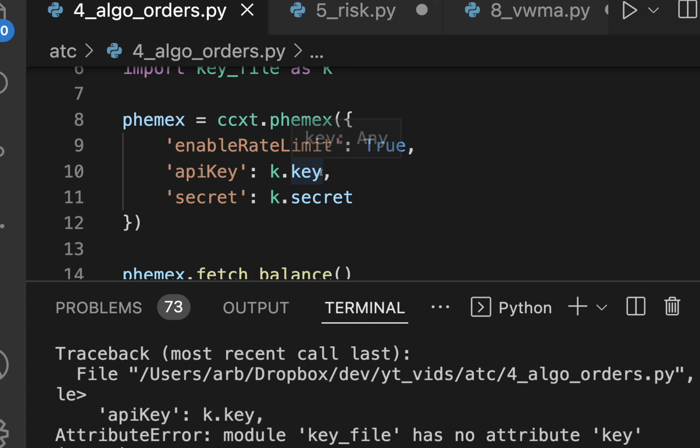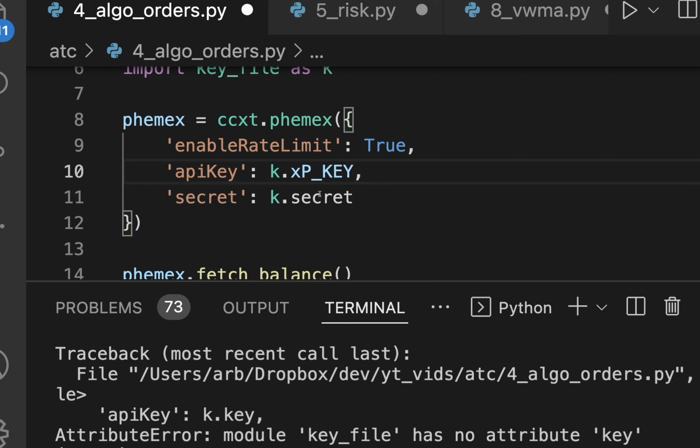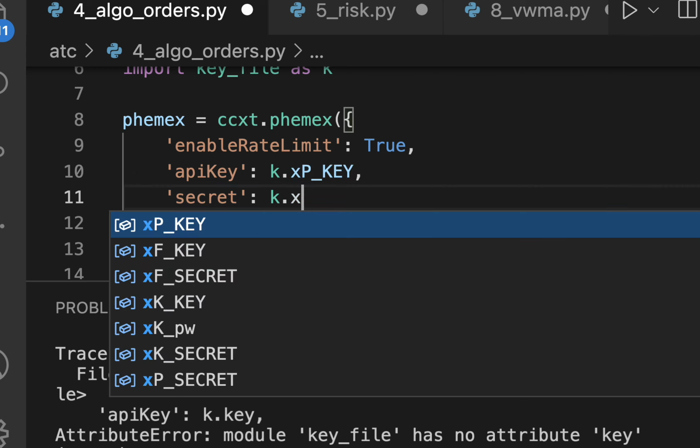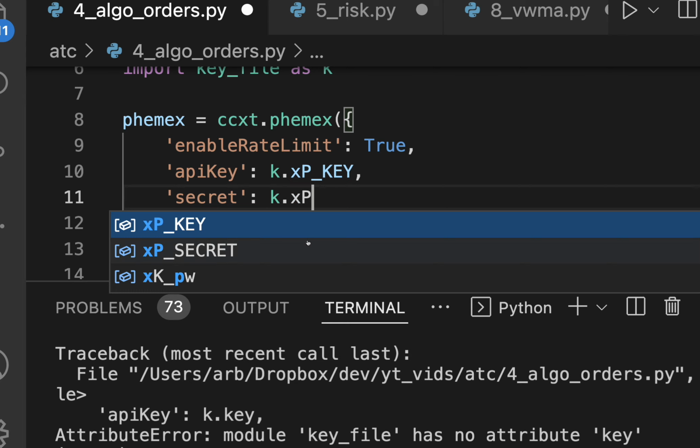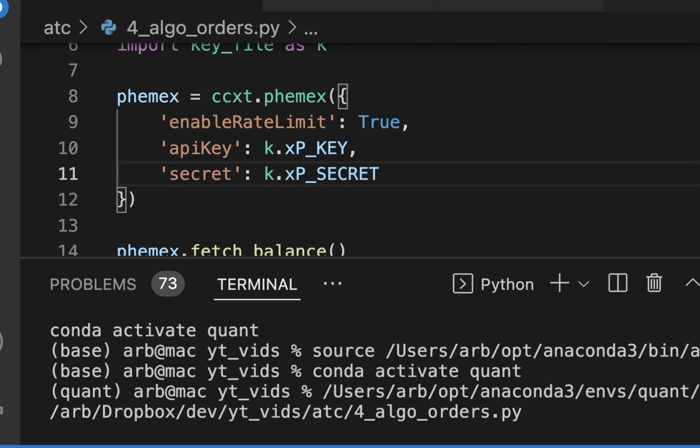Mine's actually called k.xp key, xp secret, and then there we go. So now it should pull in the balance,